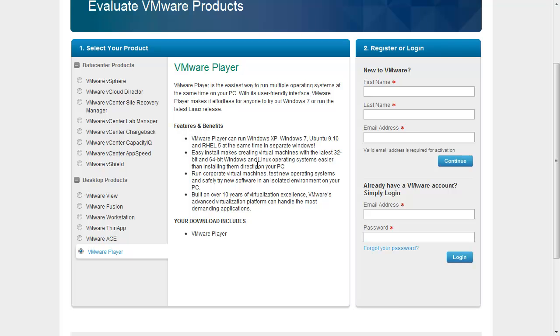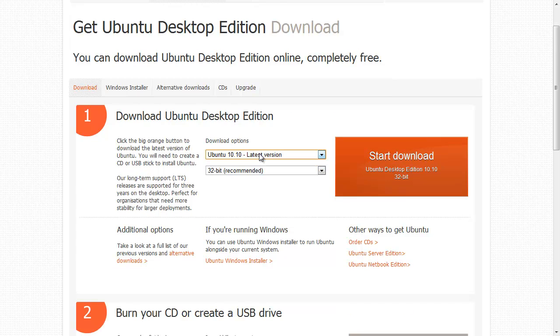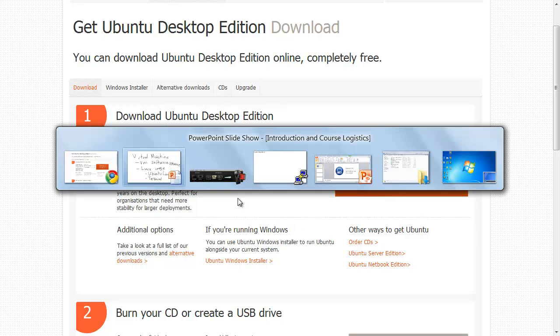After you've downloaded the VMware Player executable, you also want to download the Ubuntu Linux image. And if you're following along in course notes, you'll find that takes you to this web page. You'll want to grab the latest version, and depending on what your processor bit is, you will want 32-bit or 64-bit. If you're not sure, just choose 32-bit and that'll work on any processor. So go ahead and start the download. When those are both finished,